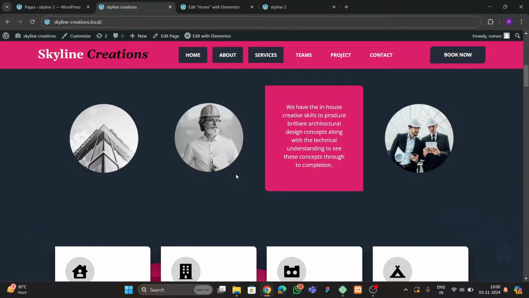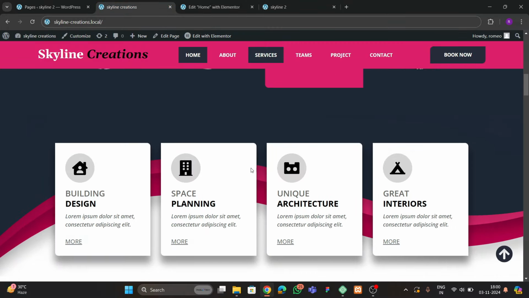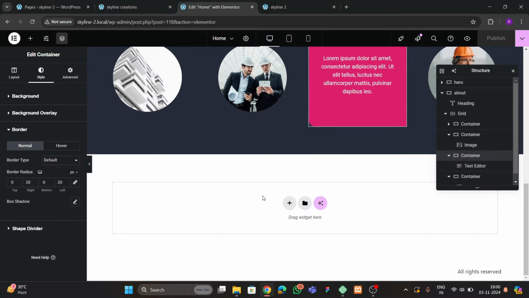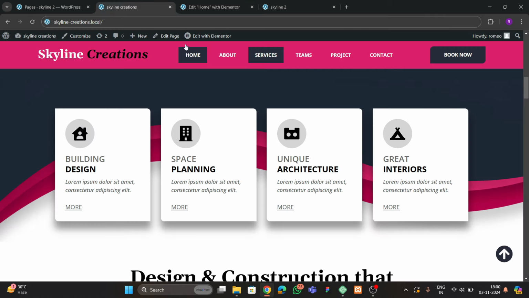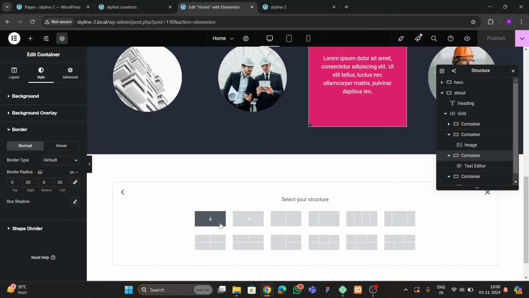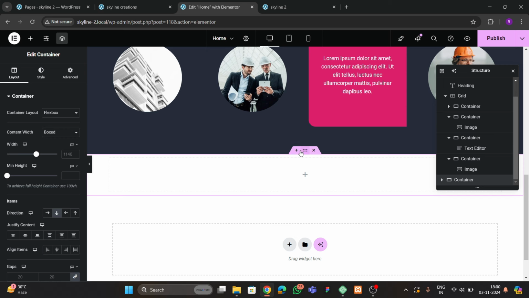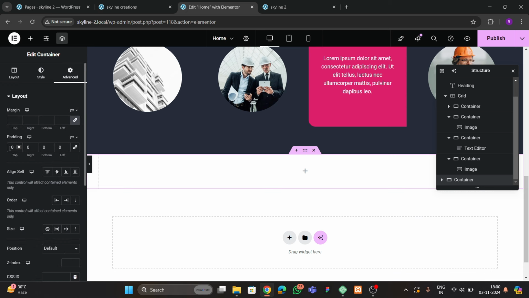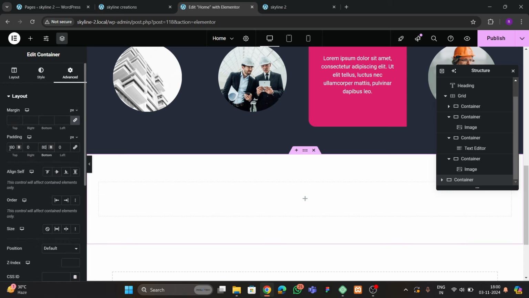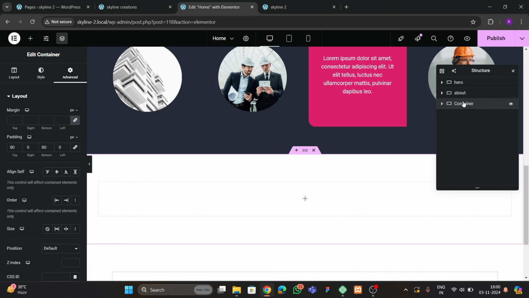Okay, so let's move to the next section where we're gonna build this. For making this, we have to add again here a container. So right now we have to make this 1200 pixels again. In the advanced, we have to remove all the padding, 80 to the top and 80 to the bottom. Now what we have to do, let me name this here